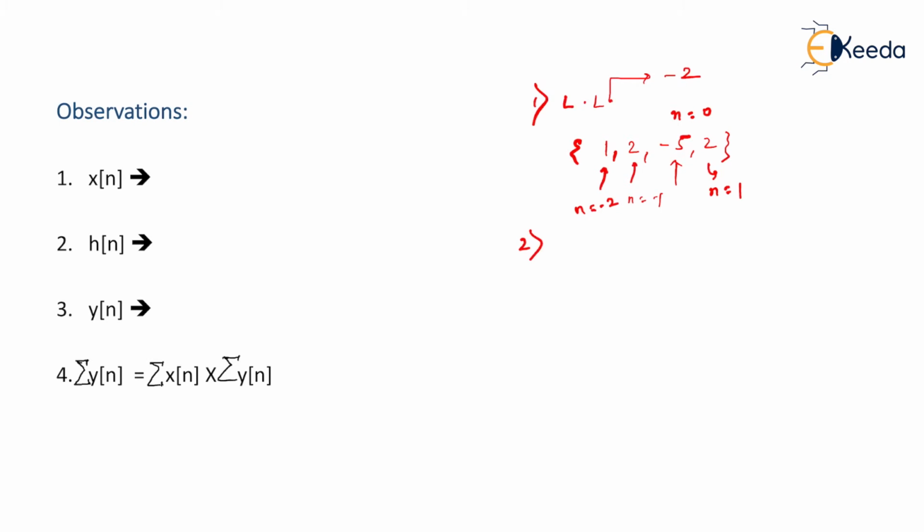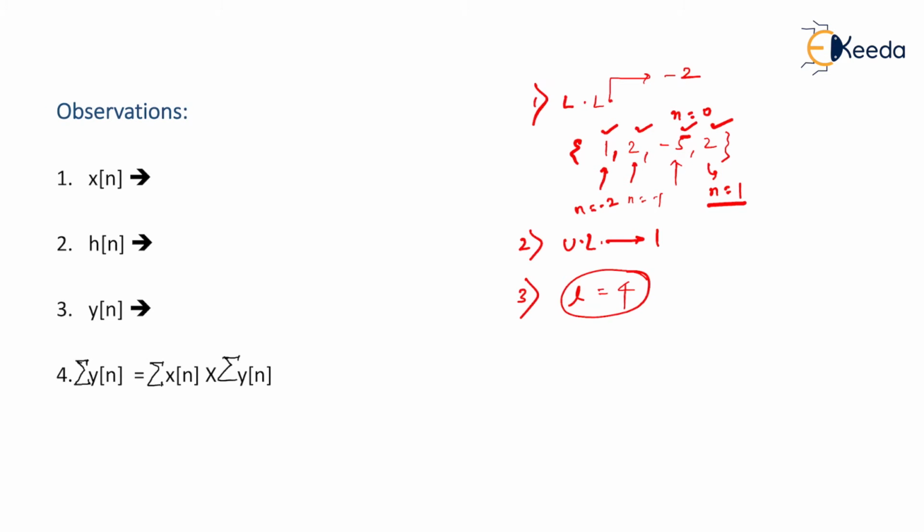Then see what the upper limit is in this. Upper limit means where the sequence ends. The sequence ends at n equal to 1, so the upper limit becomes 1. And third, very important, is the length of the sequence, which we indicate by the letter L. Length of sequence means the number of elements inside your sequence. Let us count: first element, second element, third element, fourth element. Since you have 4 elements, the length becomes 4.